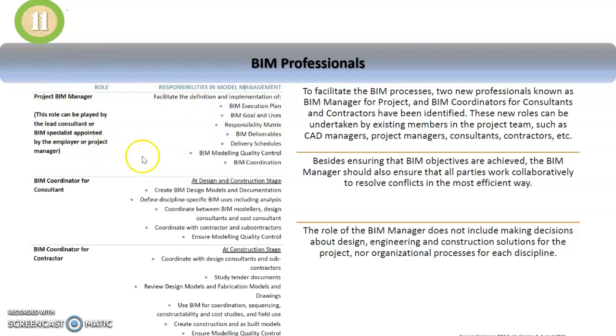So here it shows you the role of this BIM manager, the responsibilities in the management of the model, or the role of the BIM coordinator for the consultant at the design and construction stage, or the role of the BIM coordinator for the contractor at the construction stage. There are different things for them to